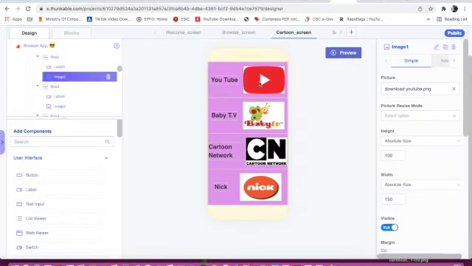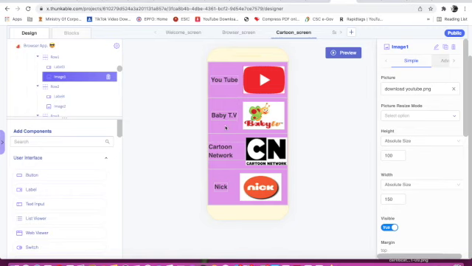Now we can take an image also and a button also. Instead of an image I can take a button. In a button there is an option for background picture, and inside it we can upload this YouTube image. I have taken an image, so it is fine. We can take image also and button also.